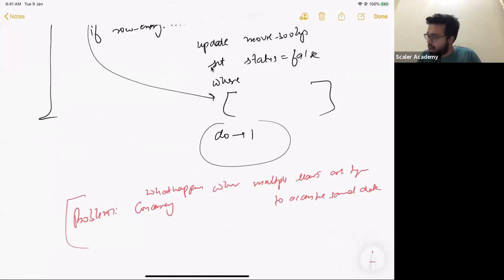Cool. Now, how many of you feel that this problem can be solved by using some locks, using some read locks, using some write locks? How many of you feel that this problem can be solved? I would want everybody to reply. So I see three people who say that we can solve it. Sankalp, that makes sense. We are going to discuss that in today's class.